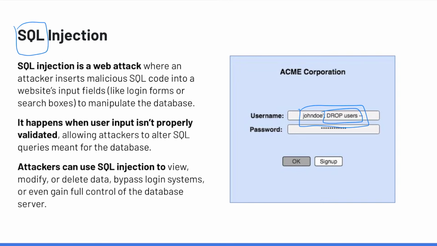And that could seriously damage the capability of the system. And usually this happens when user input isn't properly validated. So validation is making sure that, for example, a username only contains letters and numbers and not any string symbols. But if there's no validation to make sure that what we're inputting is what we want our system to